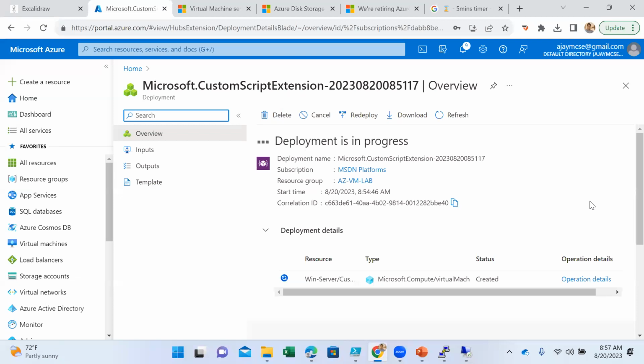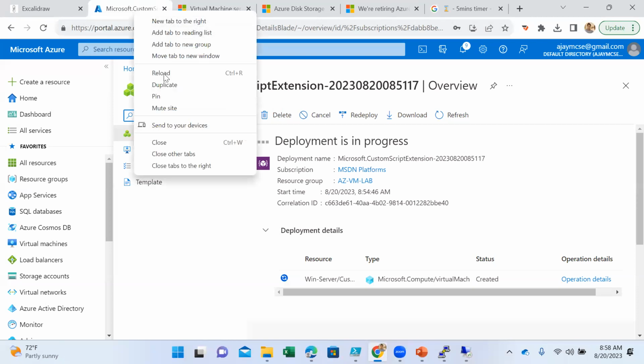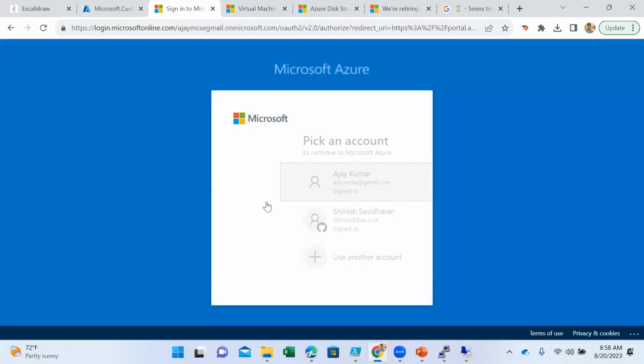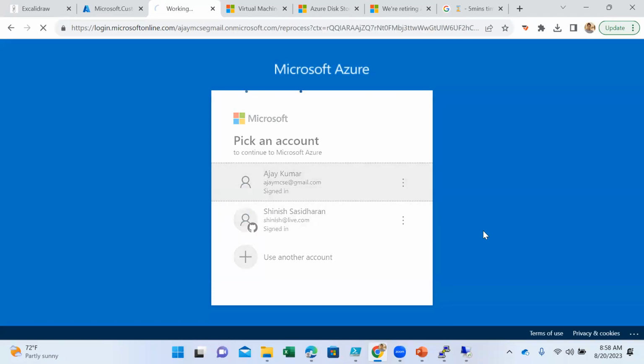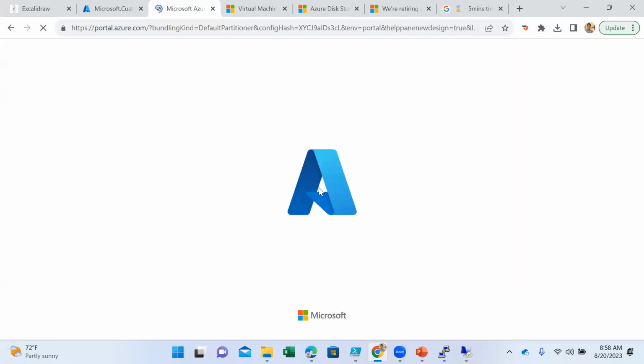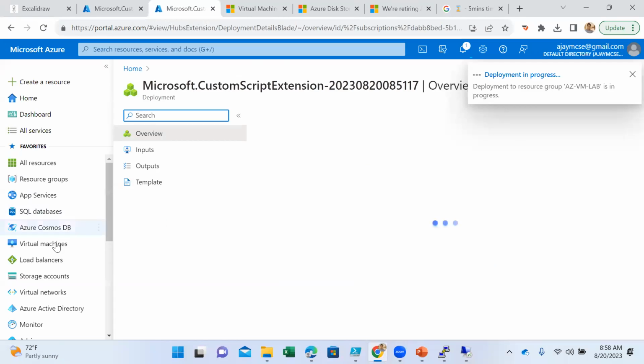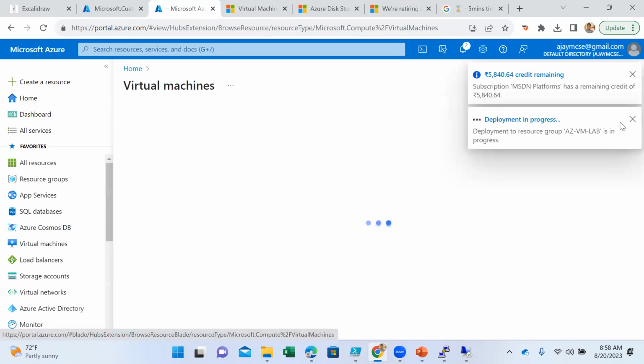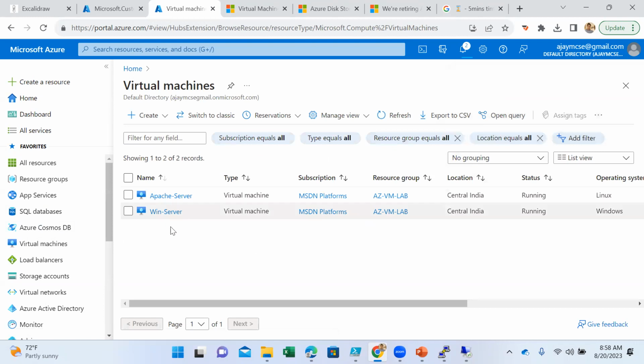Yeah, meanwhile, can you tell me where you clicked for that custom script? Which menu item? I missed that point. Yeah, no problem. Let me open the duplicate tab here. It is part of your virtual machine. When you go to Windows Server,